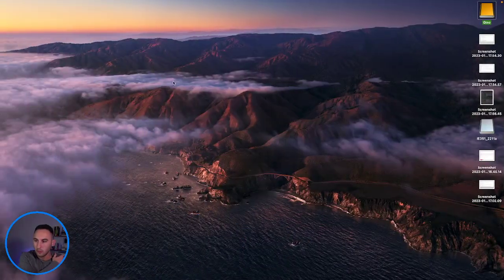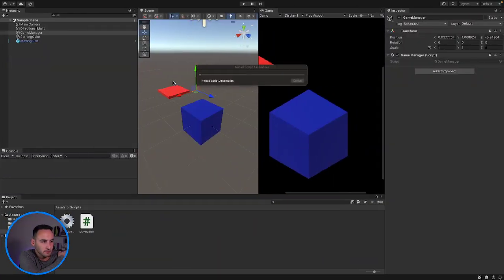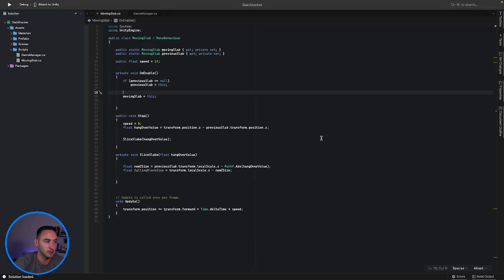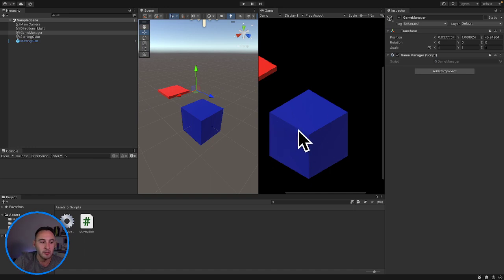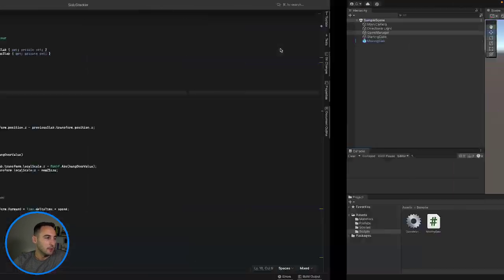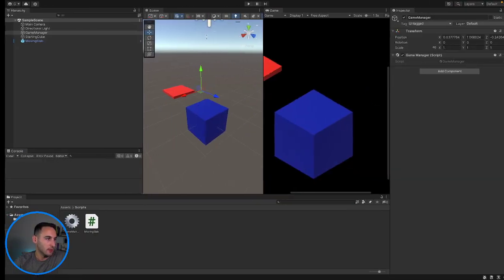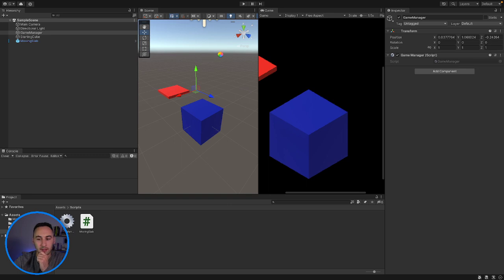And that should, where's our game? So if we start the game and this cube is going to go through that code and it's going to check if the previous slab is equal to null, and in this case it will equal null because there is no previous slab, it's going to set this cube to be equal to the previous slab. And then when it gets to this cube, it's going to check the same thing again, and it's going to set this cube to be the previous slab, and then so on. So where is our, do we save that? We saved that, so let's go and play the game,